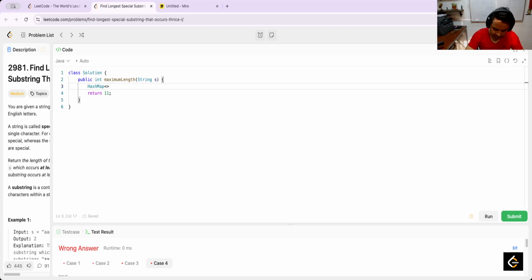Well, in this case it is integer, and here is a list of the integers. Map is equal new hash map,